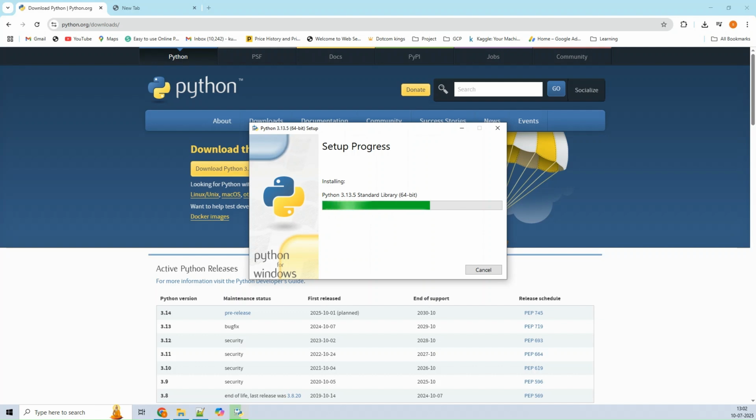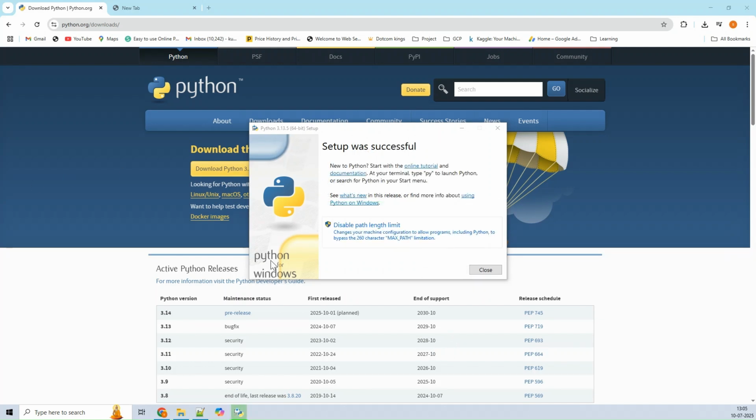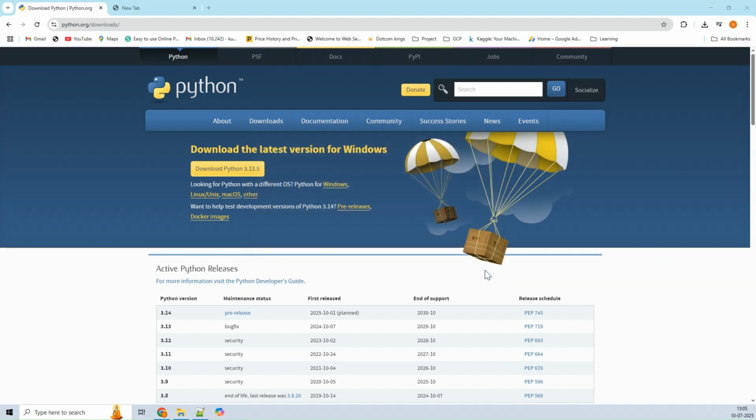It is currently taking time. So now you can see Python has been installed. After the successful installation, you will see this message. You just need to click on close. Now you have installed Python.